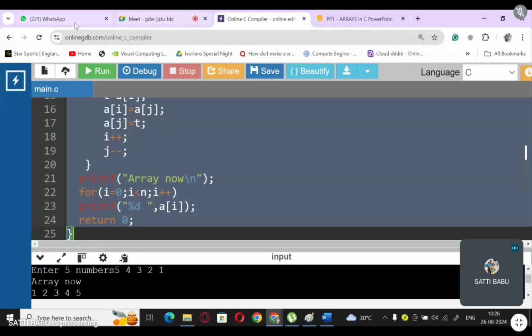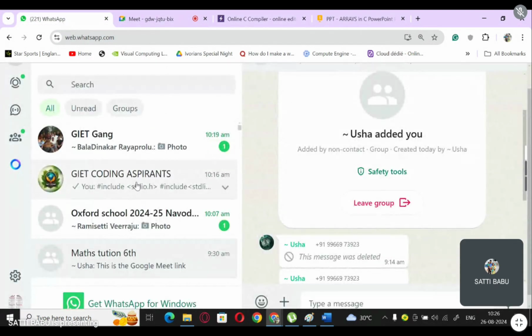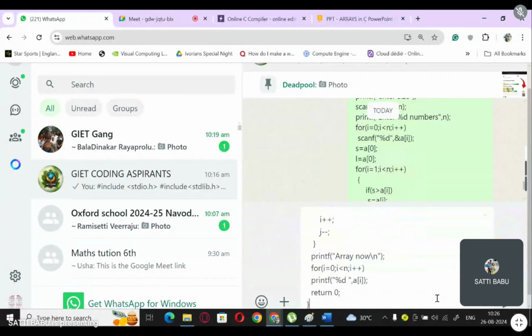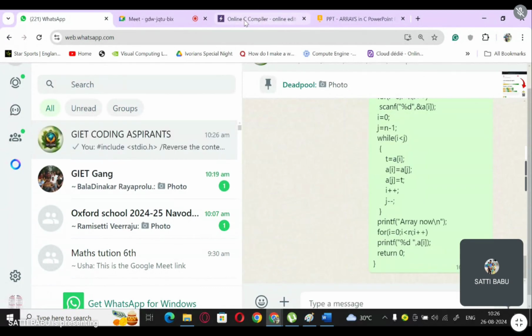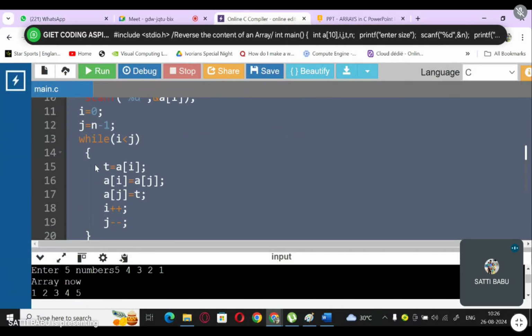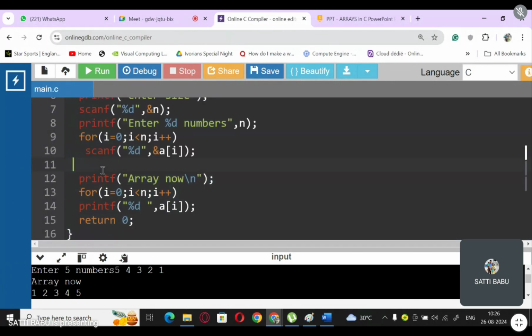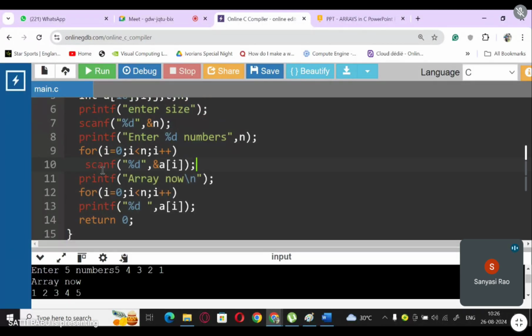Some people will do like this. కొంతమంది ఏం చేస్తారంటే ఇదంతా చేయకుండా, for loop పెట్టి n minus 1 నుంచి I is greater than or equal to 0, I minus minus అని పెట్టేసి